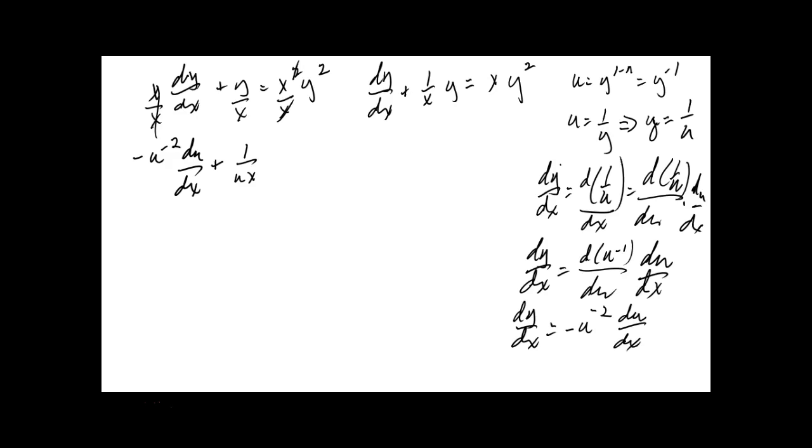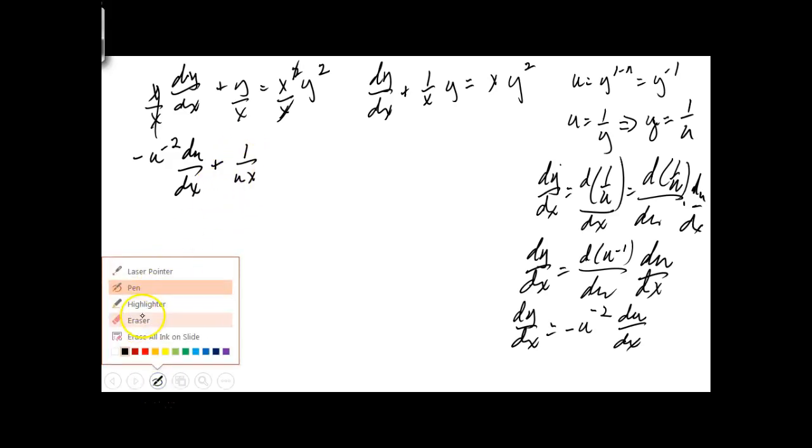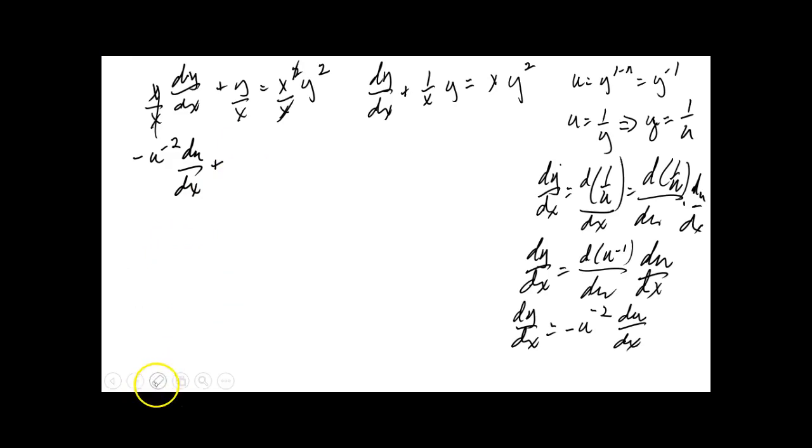Whoa! I think I didn't flip enough times. Let's go back again. This is the trouble with trying to save space. Y is 1 over u. Oh, I see. I'm sorry. They skipped a step. I'm going to go back to what I just said. That's 1 over ux,